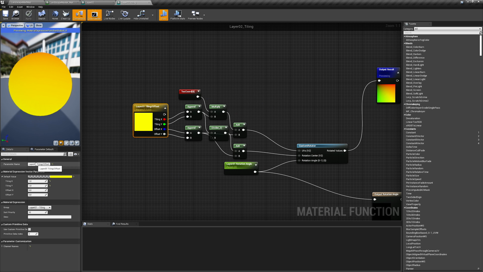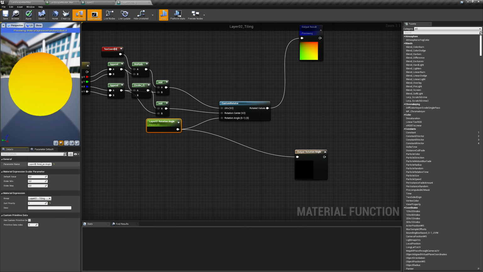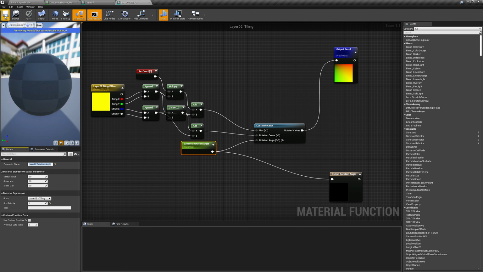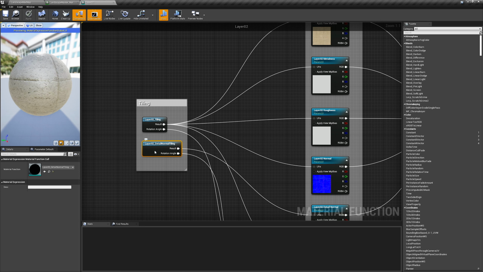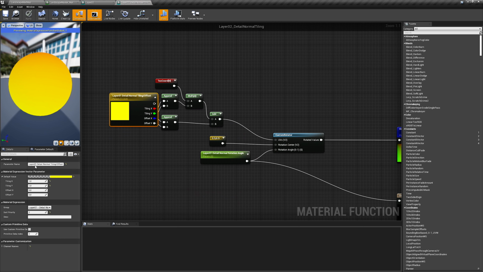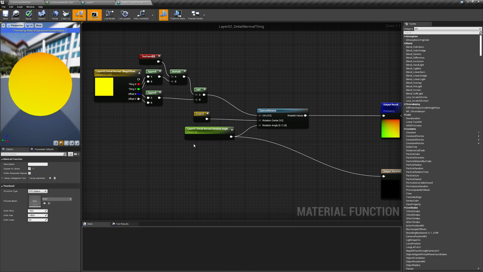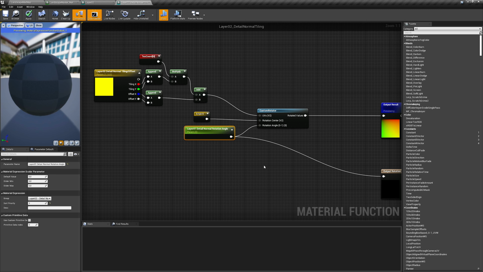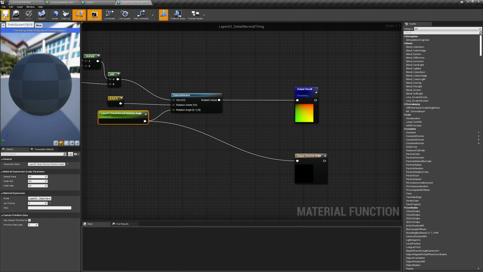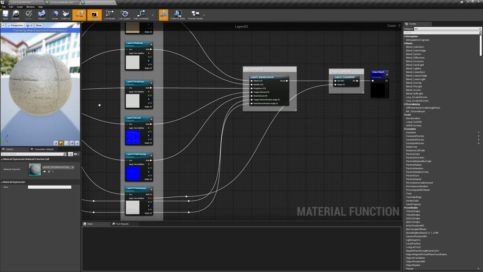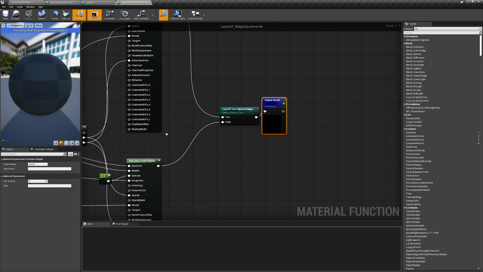Start with the layer 02 tiling. Set the parameter names and the groups to layer 02 instead of layer 01. Click on apply and save when you're done, close the function and open the detail normal tiling. Also replace all the parameter names and all the group names with layer 02. Then apply and save again, close the function and open the next one, it's map adjustments, open it up, and